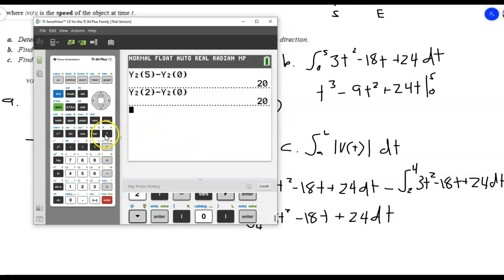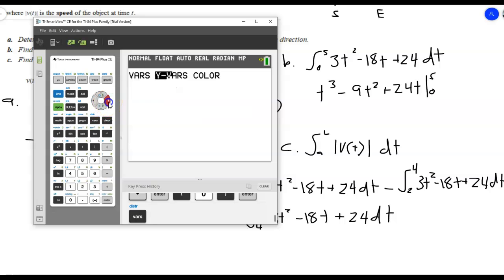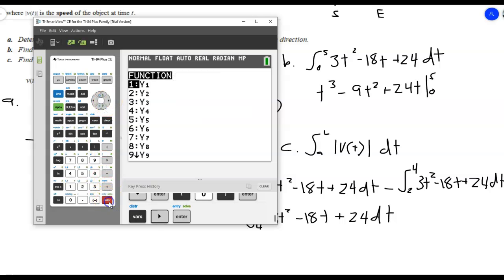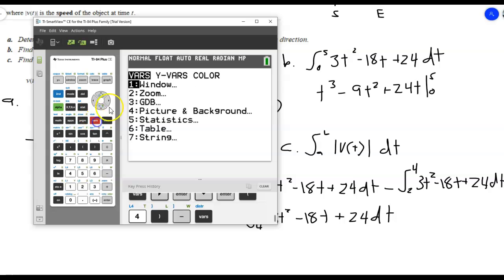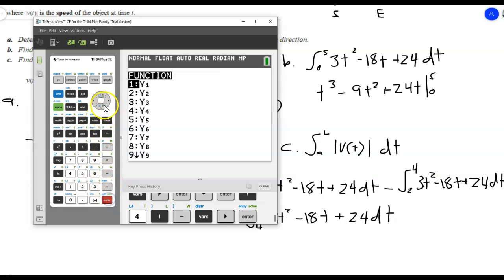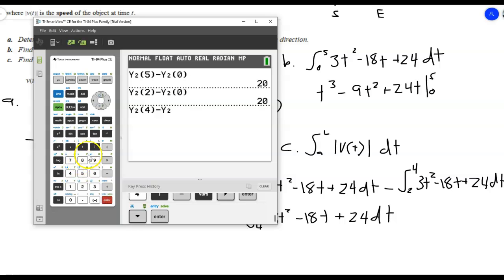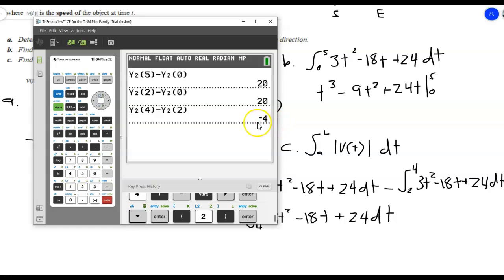All right, so let's go to 2 to 4 first. So we'll do the same thing, vars. Remember, you start with the upper limit here. So y2 evaluated at 4 minus vars y2 evaluated at 2, and that's going to give us a negative 4, which means that our last one is probably going to give us a positive 4. All right, so then we're going to do vars